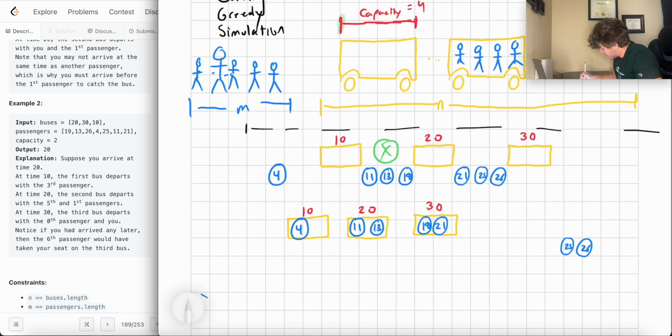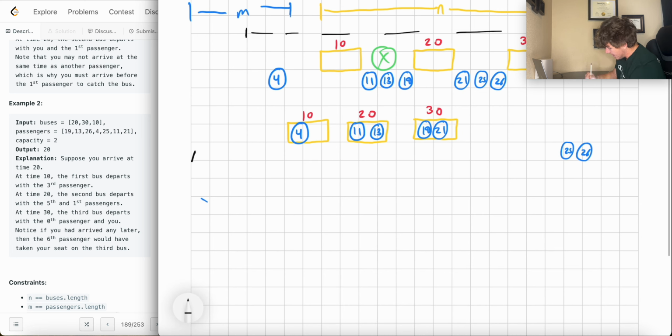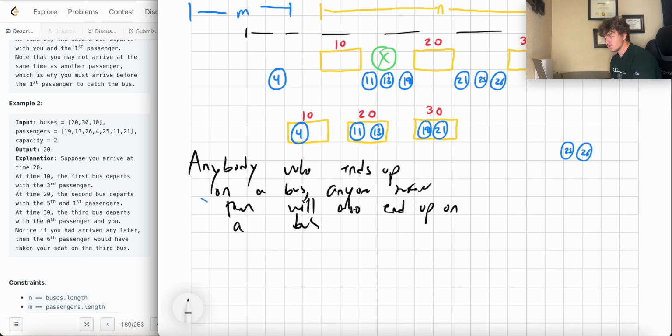So for 13, if I say, okay, 13 is going to end up on the bus, then anyone before 13 will still end up on the bus, right? So for anybody who ends up on the bus, anyone before them will also end up on the bus. Okay? So what I mean by that is basically the greedy thing here is, well, if you end up on the bus,